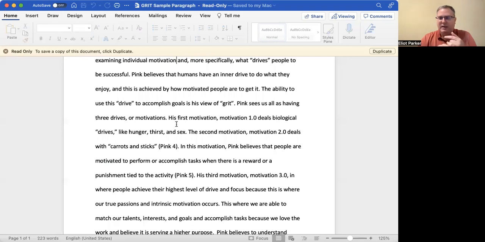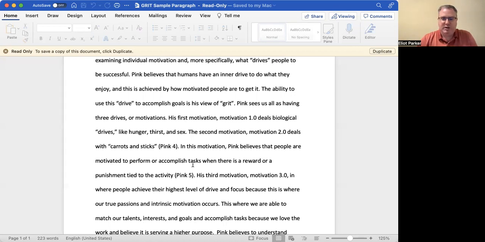And then think about what it is they said about fixed mindsets, if that's what you're interested in from Dweck, or growth mindsets, or motivation 3.0 if you're interested in that specifically from Pink. What is that? First of all, give the reader a sense of what that is, define that, and then explain a little bit about how that reveals grit, how that's connected to this idea of grit, and how it comes together.